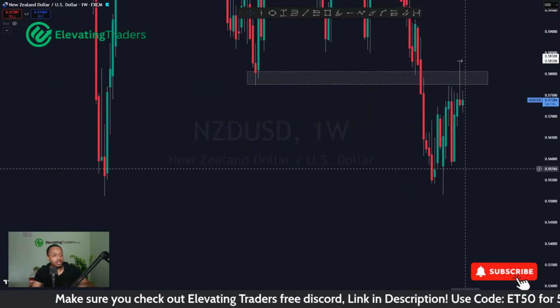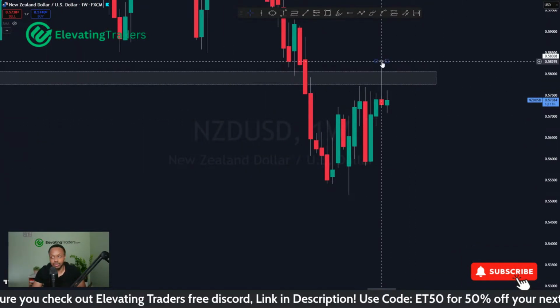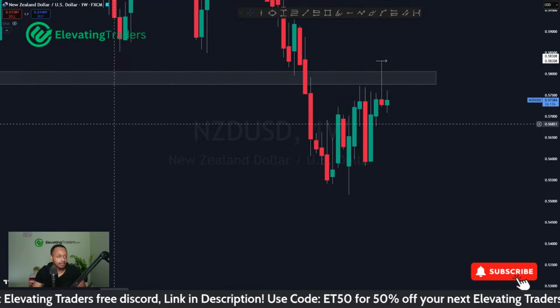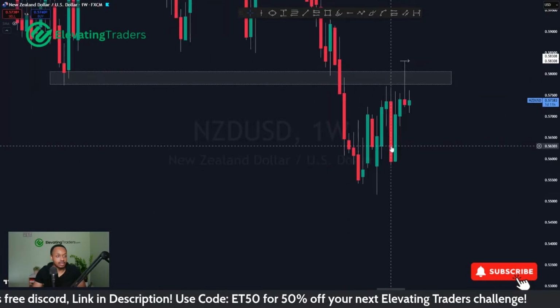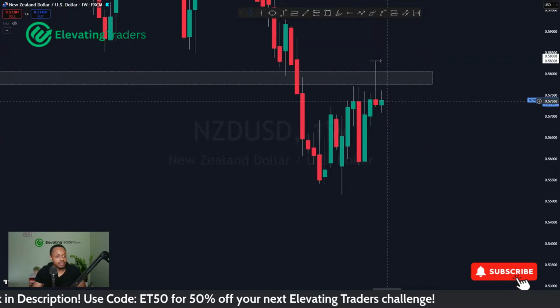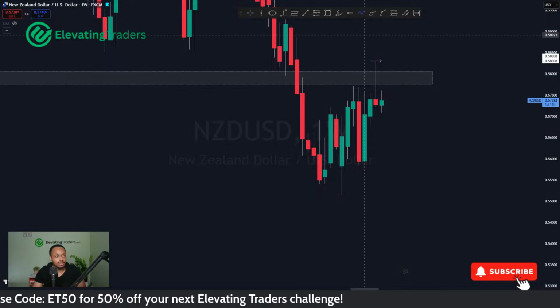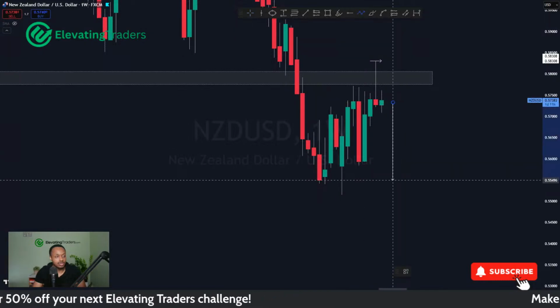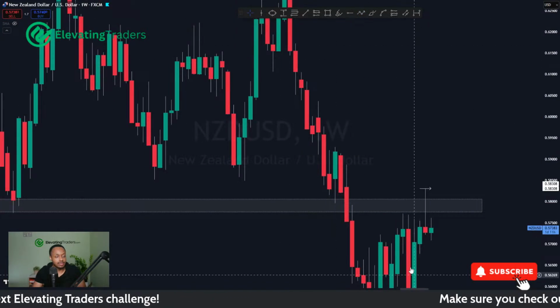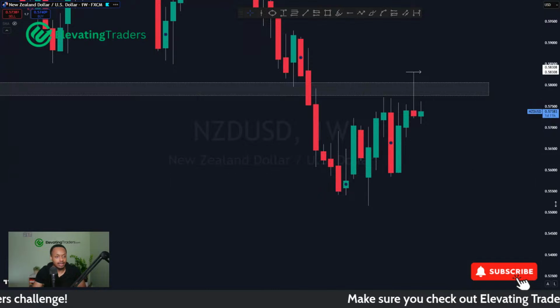You can see in the weekly chart, big piercing wick to the upside last week as well, pull back as we aggressively reject that level. So I wouldn't be too surprised if we do roll over in the next coming weeks and see a push right back into support again. Still a lot of momentum to the downside for NZUSD on the higher time frames.